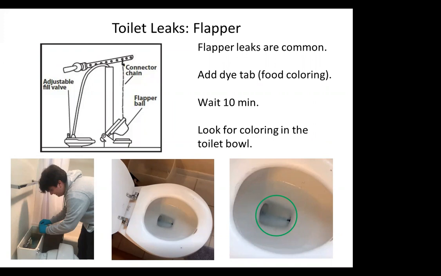And below that is a picture of testing for the toilet leak. So again, you put the food coloring or dye tablets into the tank. All the water in the tank will change color, and then when you return, if you see color in the bowl, even just a little bit, like in this picture, then you may need to replace that flapper ball. You can purchase these at most hardware stores, but be sure to get one that matches the make and model of your toilet for the best fit and results.